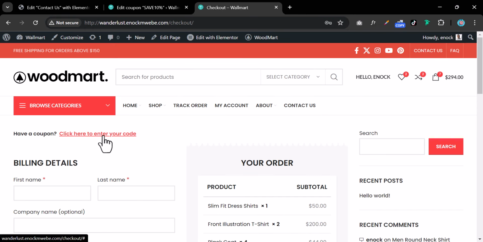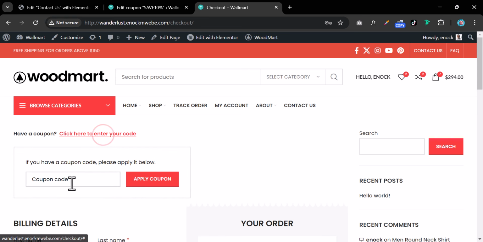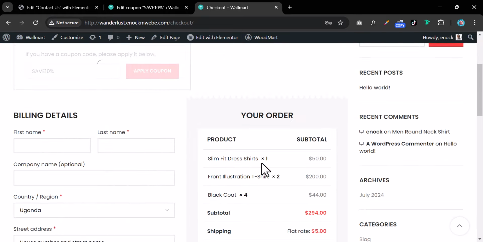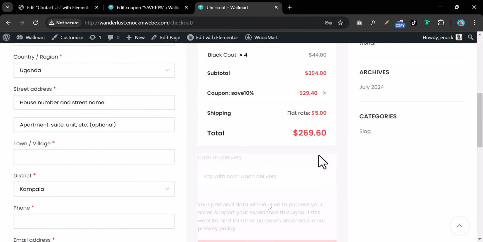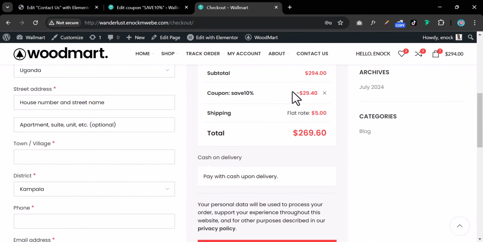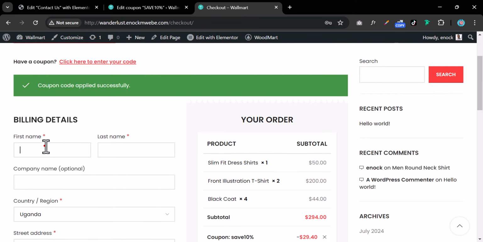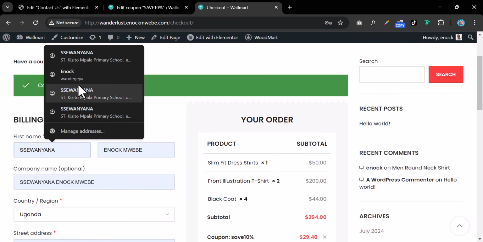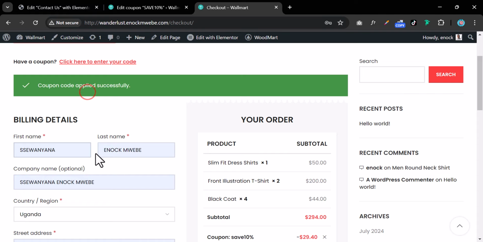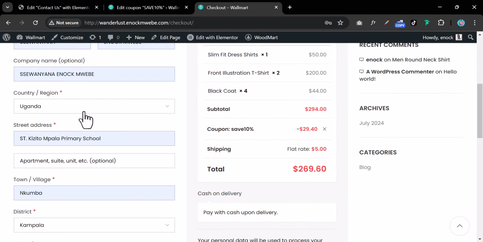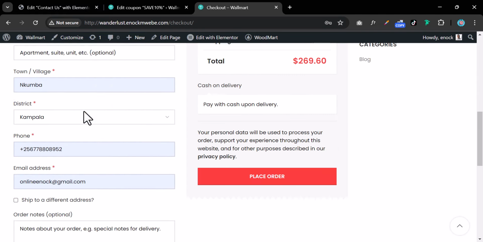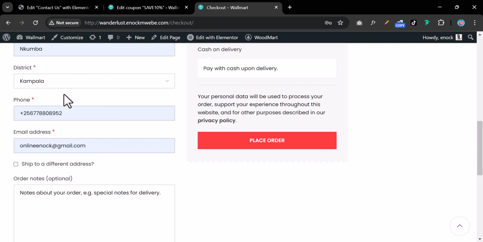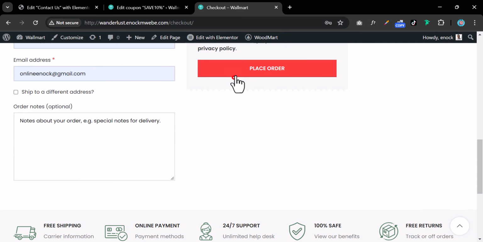Yeah. So we can apply the coupon right here. It was save 10%. So I can click on apply coupon, and the coupon saved me $29, and I'll still pay $269 with the flat rate shipping. So I can insert all my details right here. Okay, and right now they have been inserted. Hopefully I haven't missed anything. So I'm going to click on place order,